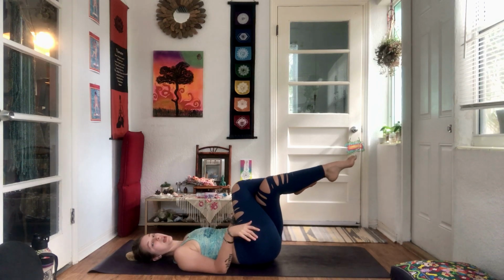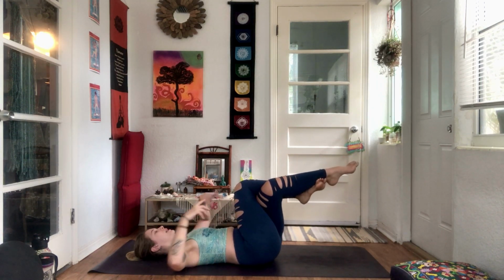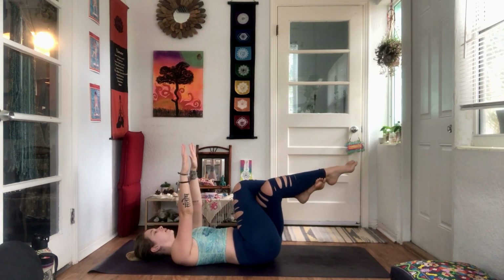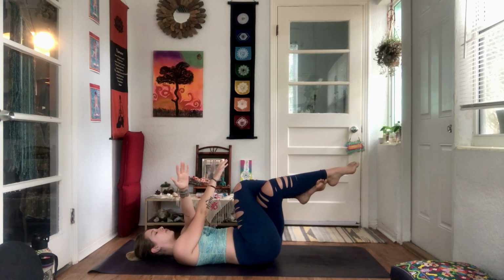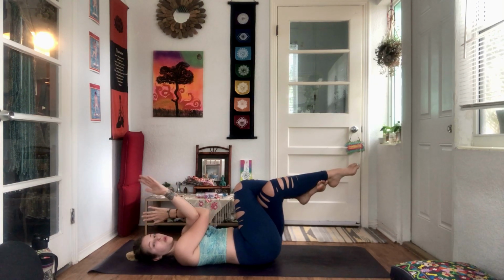If not, we're just going to hang out here in that 1 rep. All right, so then from here, inhale as you open your arms out to your T. Then bring the arms up parallel, reaching towards the ceiling. We're going to cross that left arm over the right, bend at the elbows, bring the backs of the palms together. Option to stay here with the 1 rep, or you can take that double rep, reaching the right palm